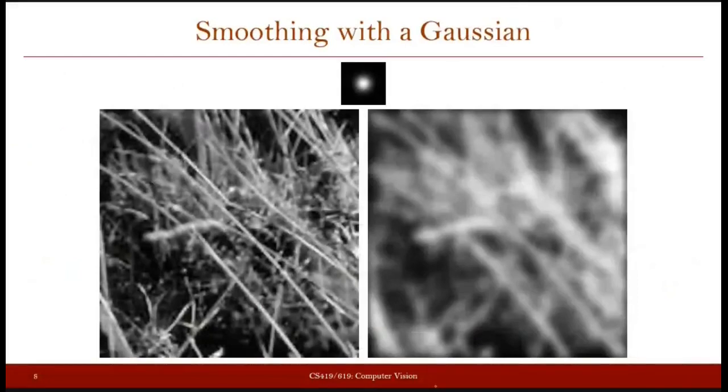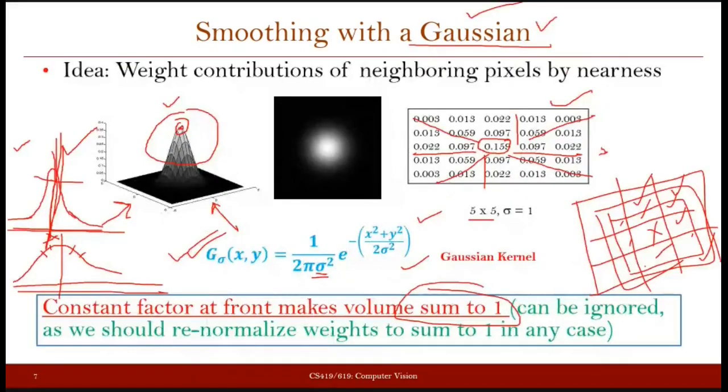Now when you apply this kind of filter on your image, the effect that you are going to see is the smoothing effect. So when you apply this filter on this image, you get a smoothing effect, and you get this image as an output. I'm just saying that this is a filter, but I'm not showing the values for the filter. I'm just plotting that filter in the form of an image. So when you demonstrate it with the help of an image, you see that it looks like this.